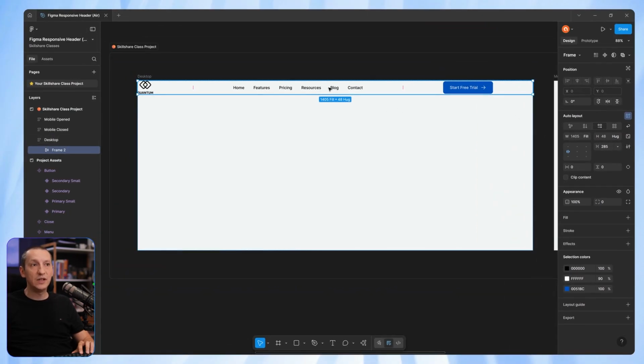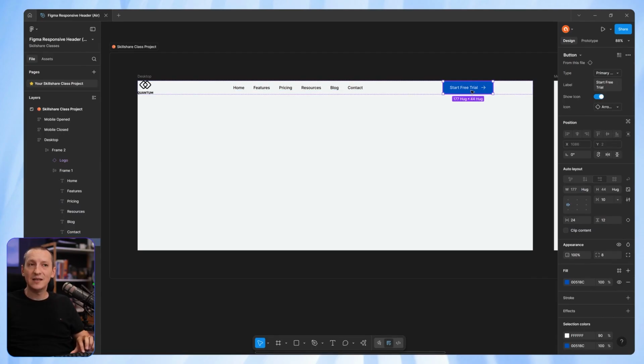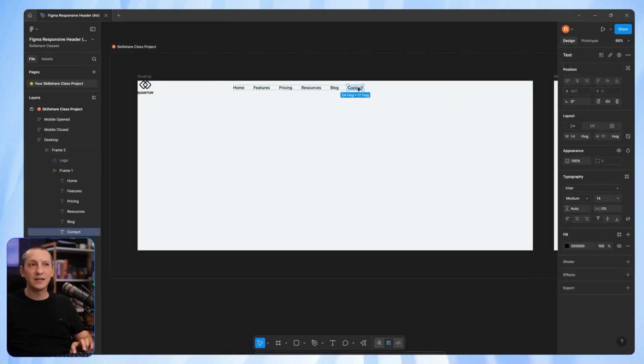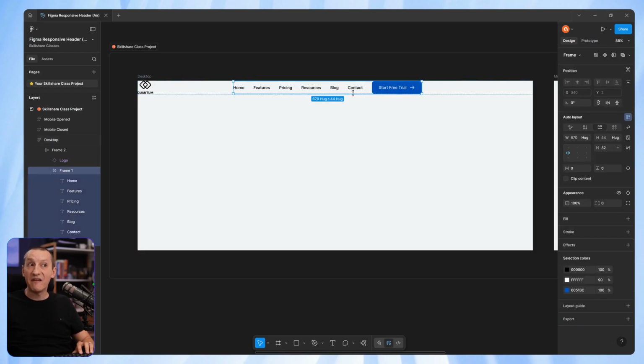First of all, I would like my navigation and my button to be grouped together. I'm actually going to take the button, cut it, so Control or Command X, and then select one of the elements inside the navigation and paste it in there. That's basically going to move that element inside my navigation frame that has auto layout applied to it. And that makes sure that I have the same spacing of 32 pixels between the menu and the call to